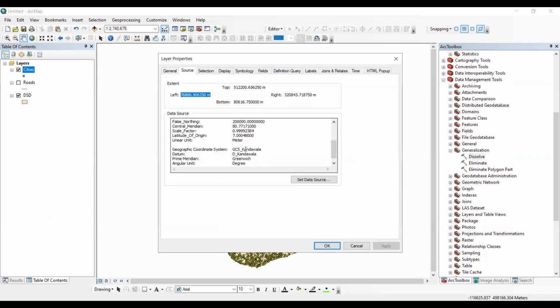This is SLD grid 99, with the false easting and false northing. This is the geographic projected coordinate system, SLD grid 99 transverse Mercator. So this coordinate system has been assigned.